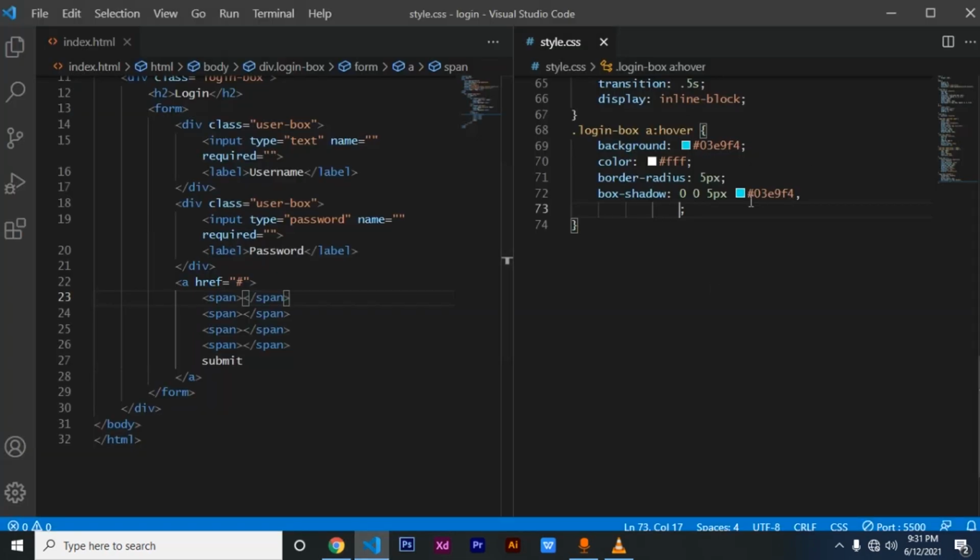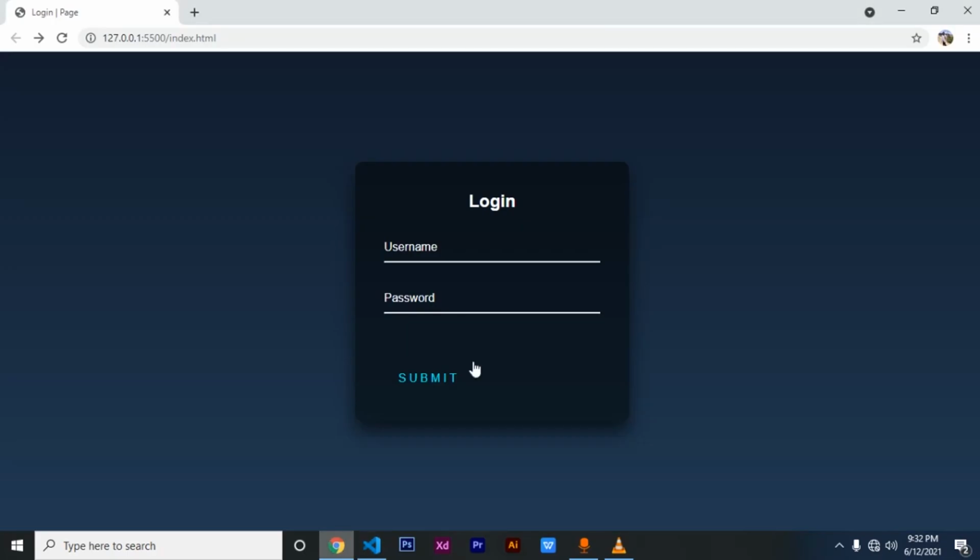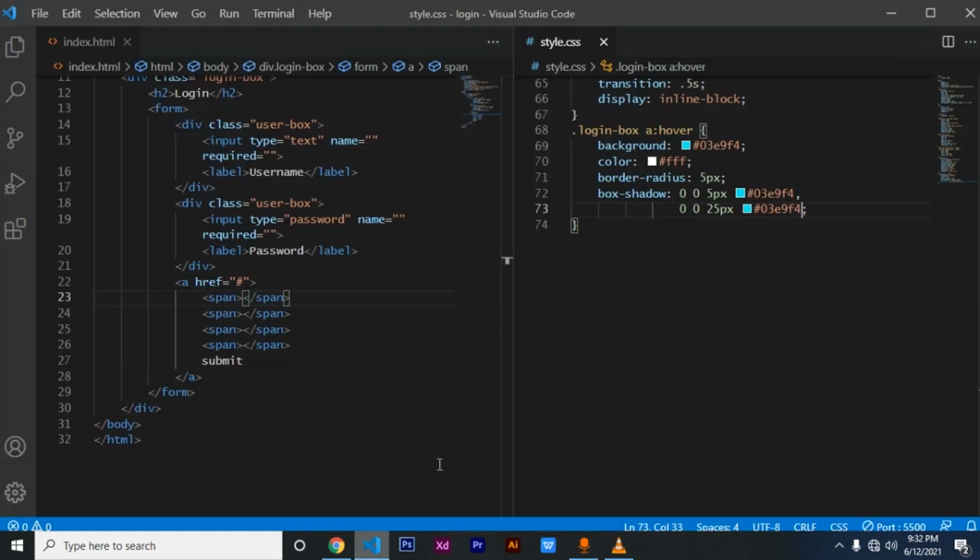We set it to 5 pixels, but also we need to add another shadow. To do that, say 25 pixels. Our color, this is the second shadow. When we go, you can see it starts to provide some light. It starts to glow, and we add another shadow, 50 pixels. Our color,